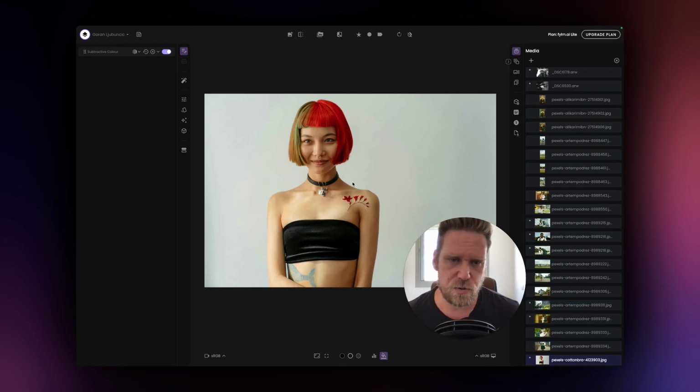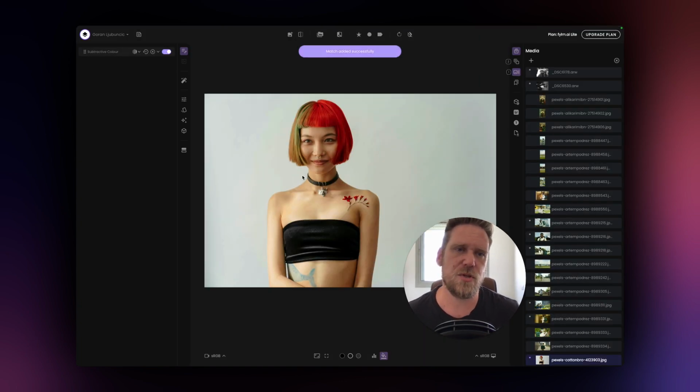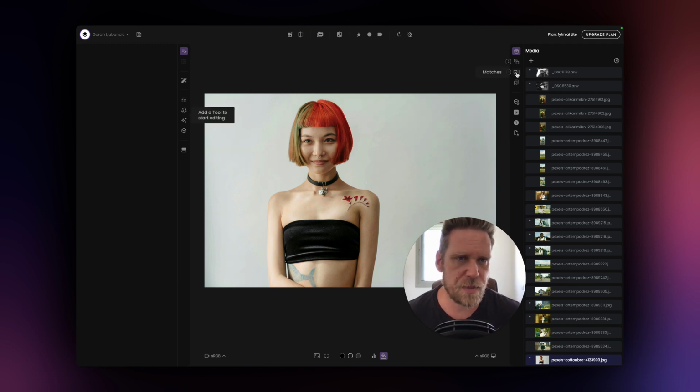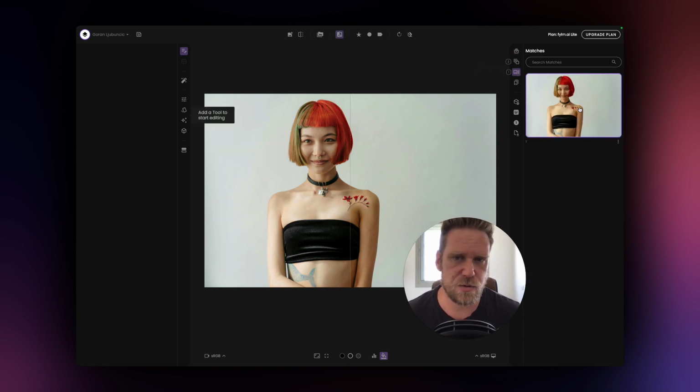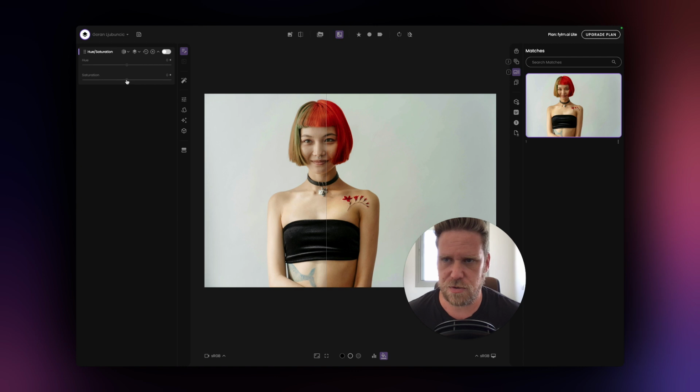Now, what I want to do, I will save this as a match, just so that I can compare it to how the image looks when we actually increase the saturation. So I'll remove this tool from here. I will go to the Matches tab. I will superimpose the density, the subtractive color version of the image over my original image. And now what I'll do, I will go here and I will add the saturation tool, and I will increase the saturation